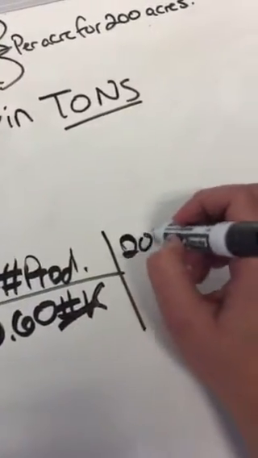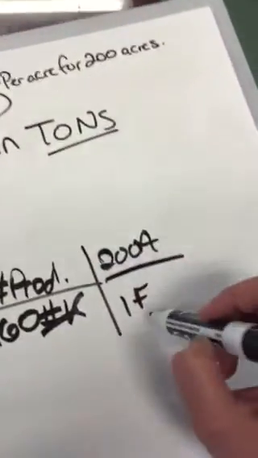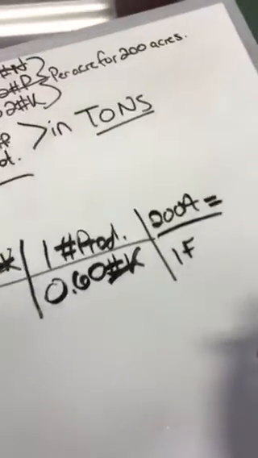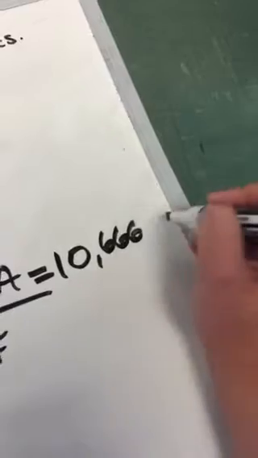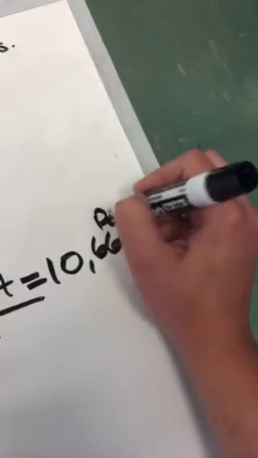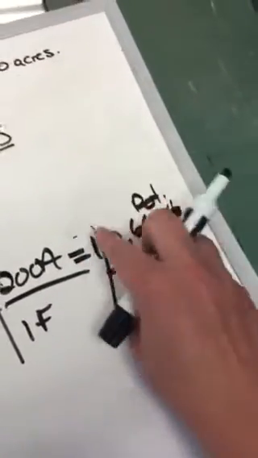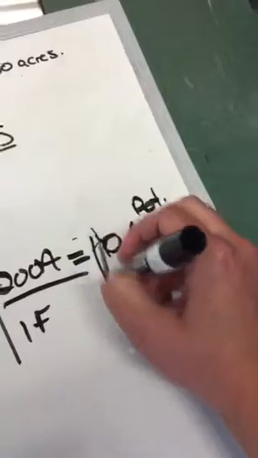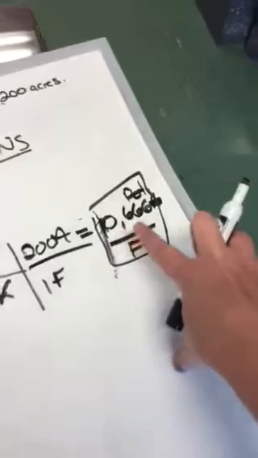Are we done yet? Nope, we forgot to get it into a field basis. We're still in acres. So we're going to multiply by 200 acres in 1 field, because that's what's given in the problem. And that's going to give us 10,066 pounds of potash per field. Now that we know we have 10,066 pounds of potash per field,